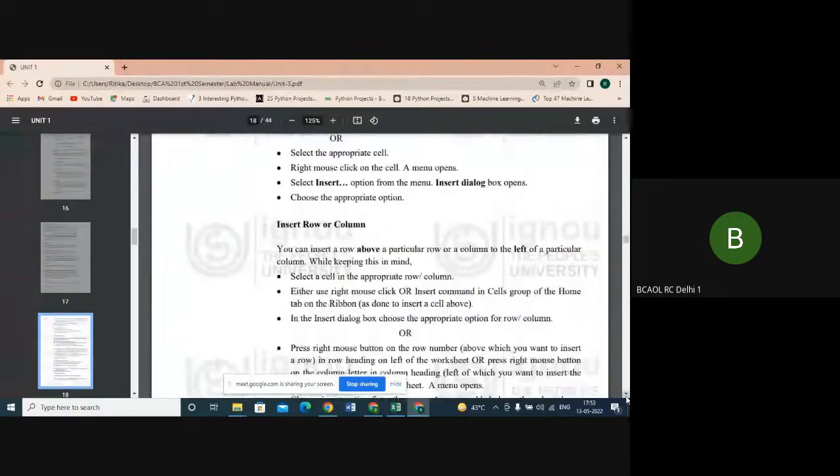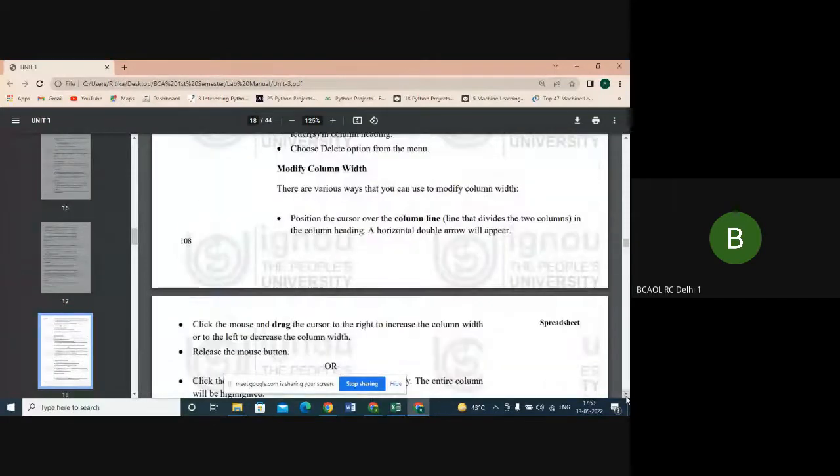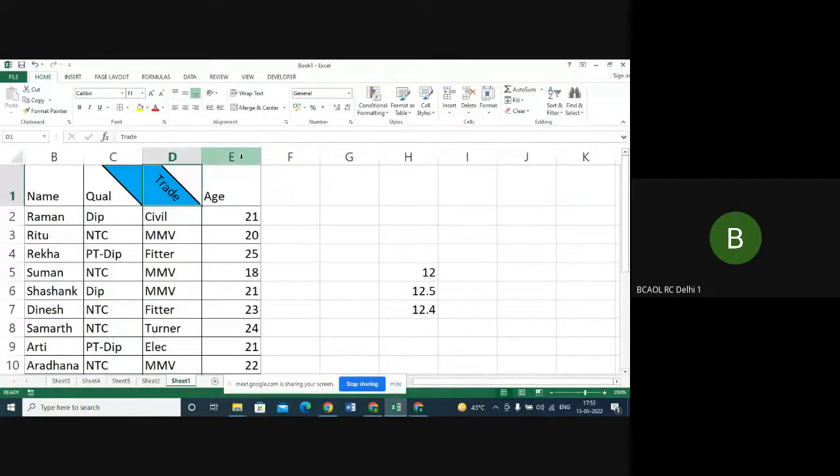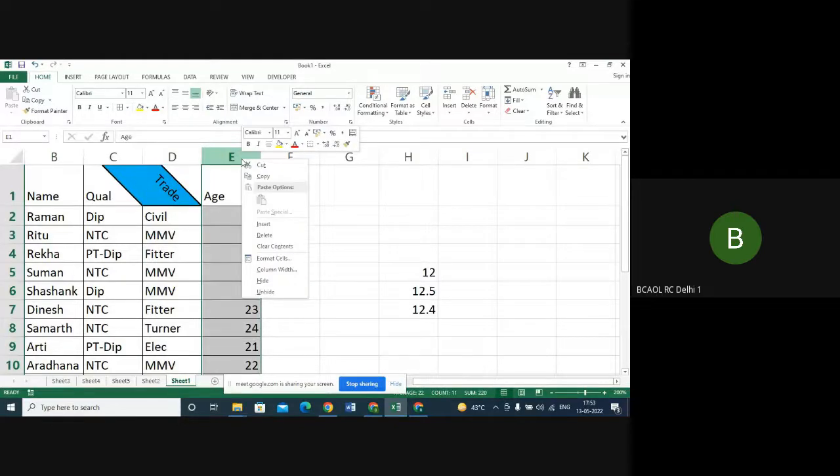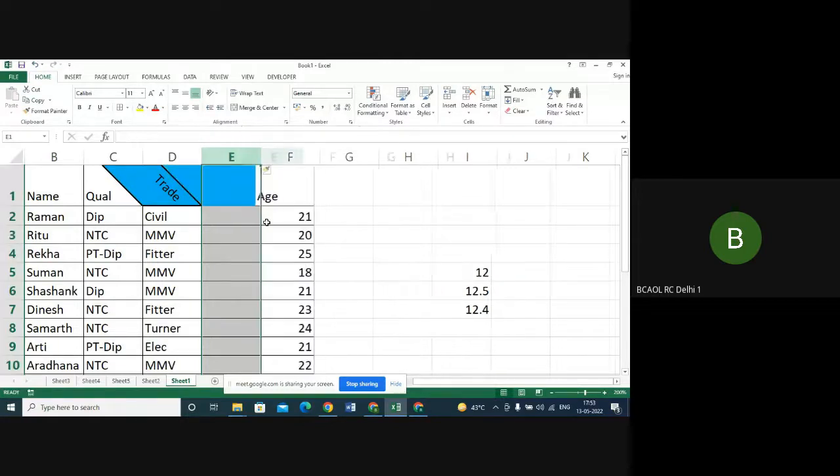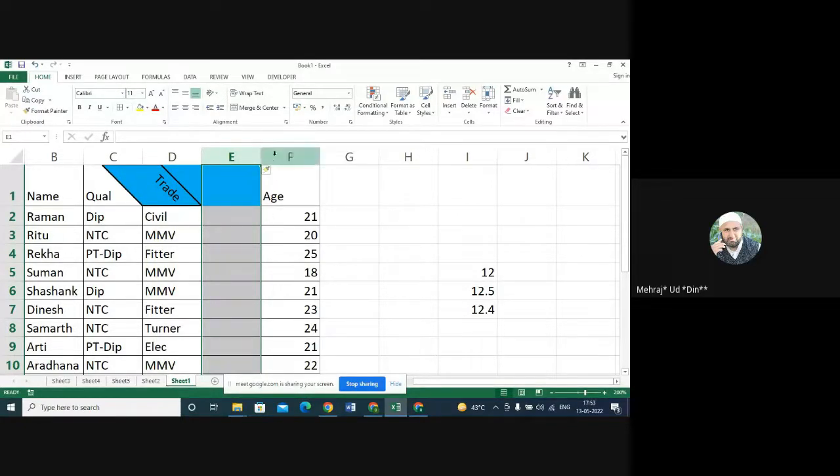Right. So if you want that in between, like here, I want a column to be inserted. How do you insert a column? Can you see that? Yes, ma'am. So wherever you want, before that you want that on the left hand side a column